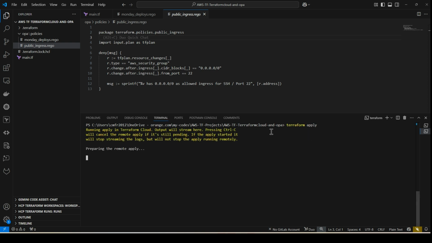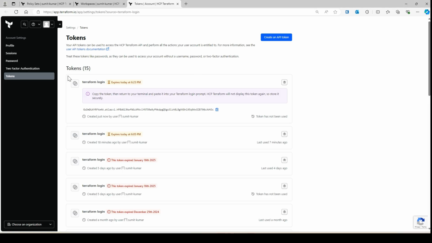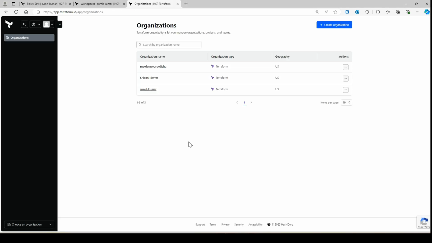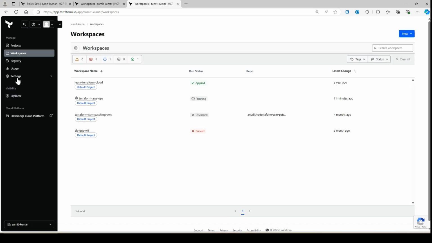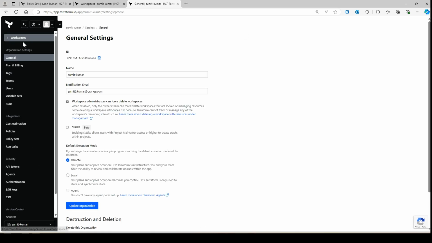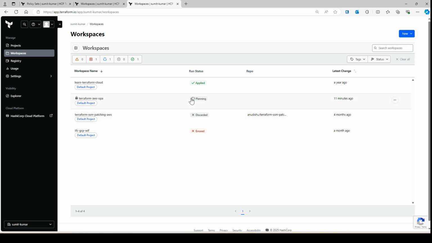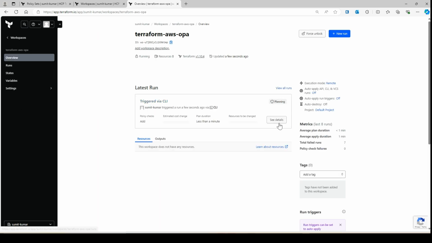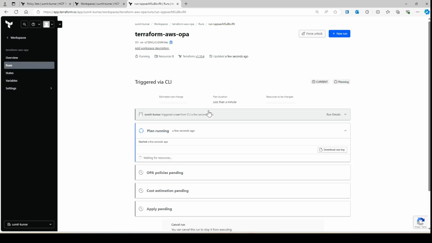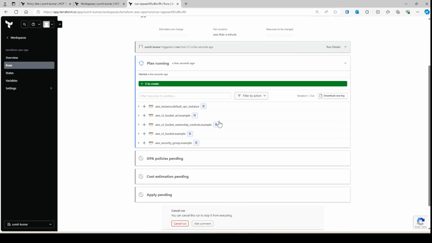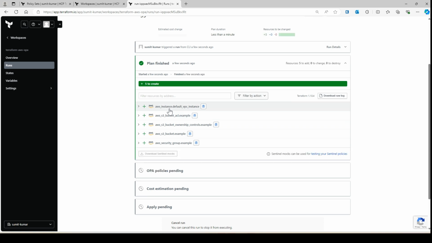I'm using Terraform Cloud, which means that your execution is not happening on your local machine. The execution is running on Terraform Cloud. If you want to see your execution, you can simply click on that, or I can go to my organizations. Sorry, my bad. Here it's already planning. It's already triggered because I ran terraform apply, and it's going to create these